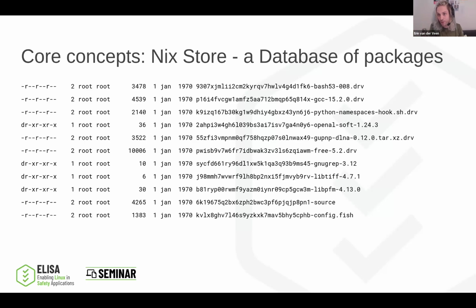But Nix can do garbage collection. So if you invoke the garbage collector, you can tell it how many generations of the package you want to keep. But it will by default look at all the packages that aren't needed in the current system as it is, and just remove those from the Nix store. The nice thing is that Nix is reproducible. So if at any point you do need those old packages again, you can just get them again.